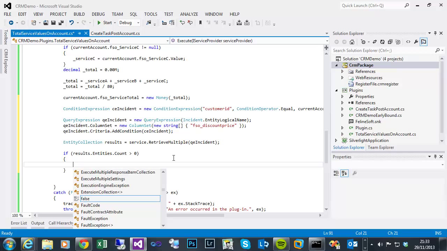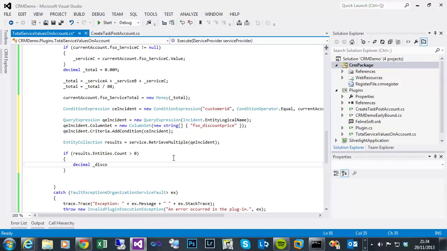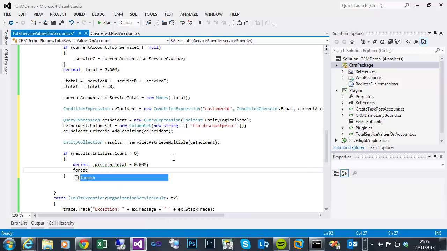Before we do that, obviously we're going to be taking a money value, so it's the decimal equivalent of the money value, totaling them all up, and then we'll be writing that into that discount total. So if we define a decimal as discount total, and we initialize that with 0, then we can iterate through each of the entities within that entity collection. So if I say result in results.entities,